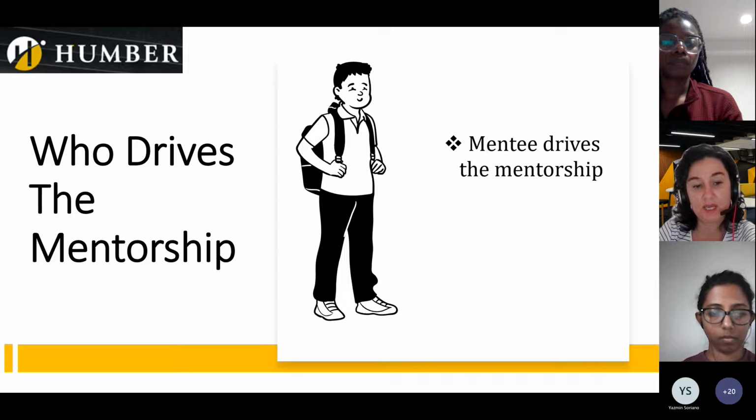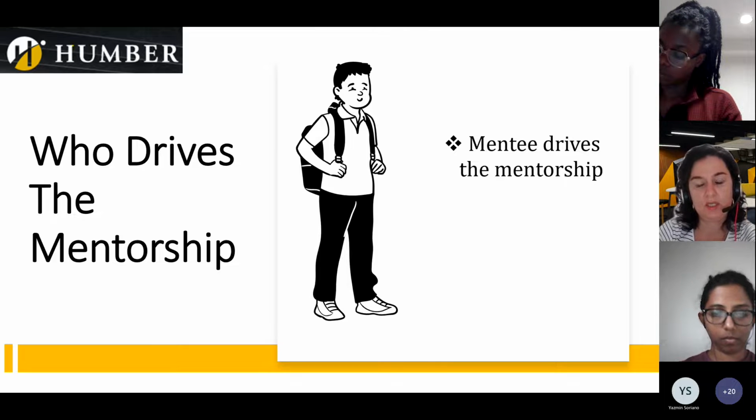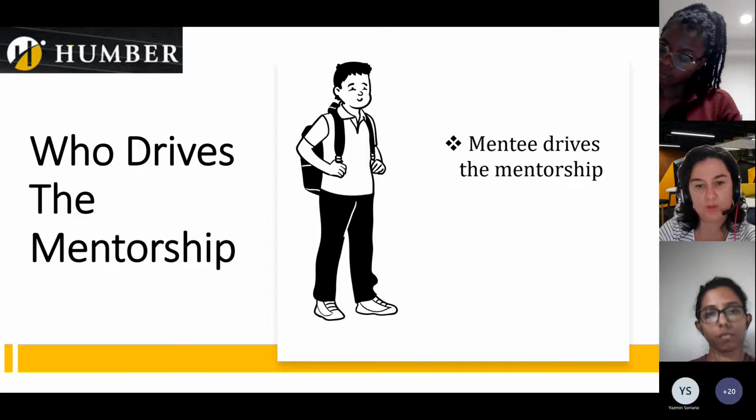So create a schedule and stick to that schedule for the duration of the program, so you avoid any arising scheduling conflict or cancellation that can produce some undesirable outcome for your partnership. So approach your mentor, set up these expectations, set up a schedule and stick to that schedule. And always put into practice what your mentors are going to share with you.